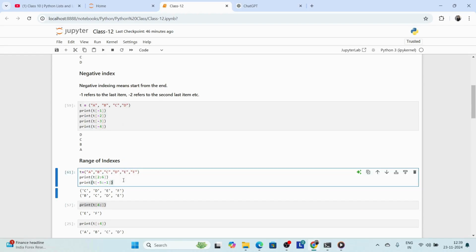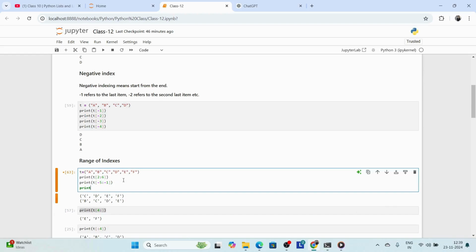Okay, so let's get started. We can write a code here, T, and we can use suppose -5 till, then we can check what is the answer of this code.